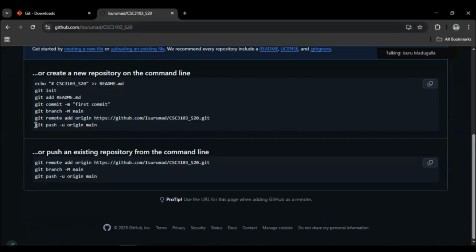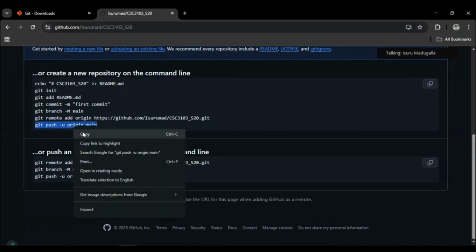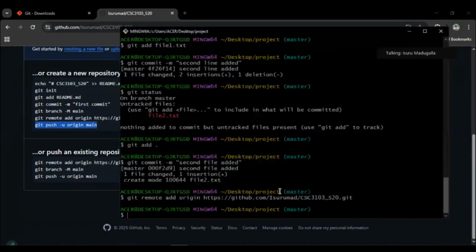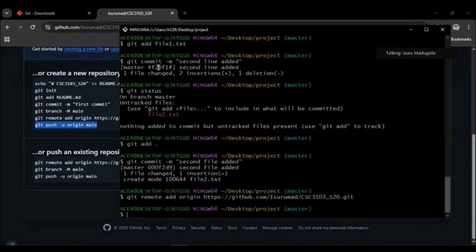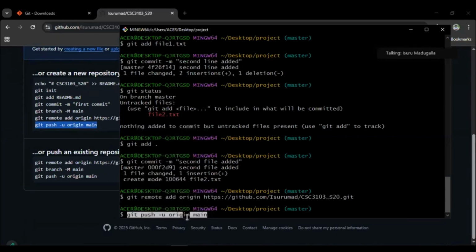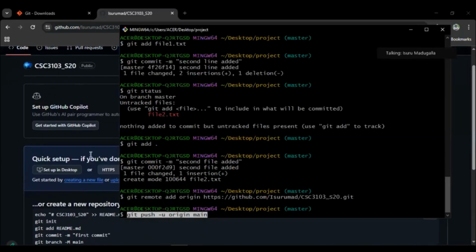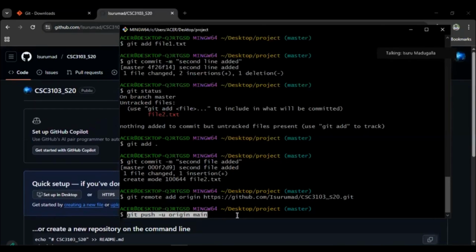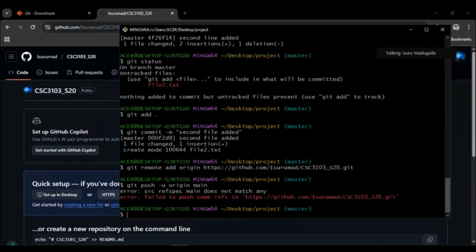Then you can push these changes. You can push all the commits to the remote repository using this command, git push -u origin main. You are pushing all the changes to the main branch of this remote repository, right? At that time, you need an internet connection as well. Fail to push some